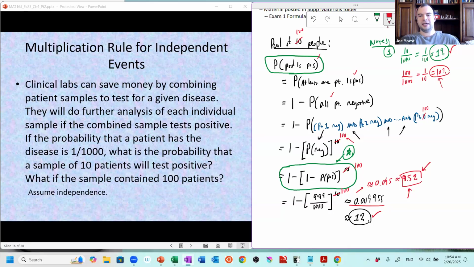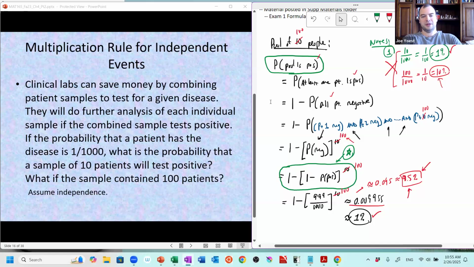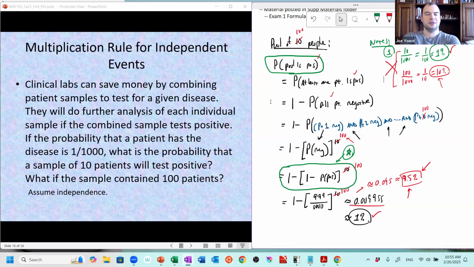So our kind of naive guess really turns out to be an okay approximation under certain assumptions, but a poor approximation under other assumptions. So we don't want to just go this route. We want to actually do the math. We want to actually do the algebraic steps that are supported by our probability theory that we've discussed throughout chapter 4. Right. So we really do have to follow the rules and the theorems and the different laws that we've set forth, the addition rule, the multiplication rule, things like that.